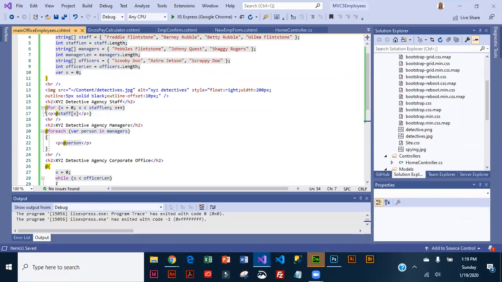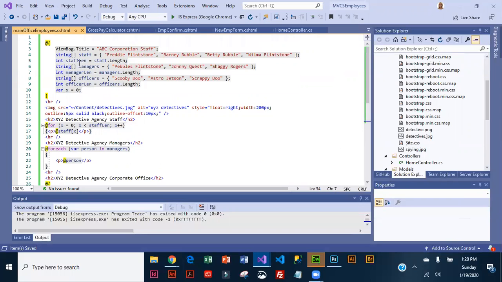continuing on, I've got a for loop, and you can see that starting with an @ sign. And it's going to stay in this loop as long as X is less than the length of staff. Okay, and then we subscript in basically and print the staff each on a separate line. So that's why we've got the opening and closing P's there. And then we put a little horizontal rule, a line in, and then we've got a little heading for our